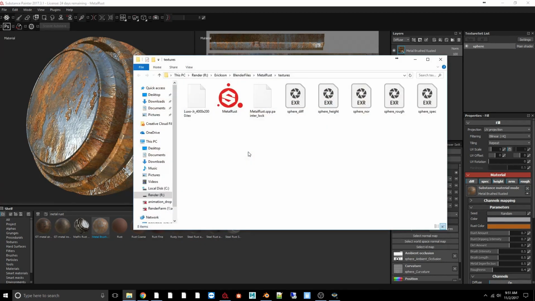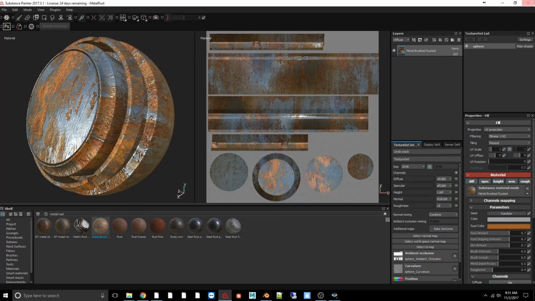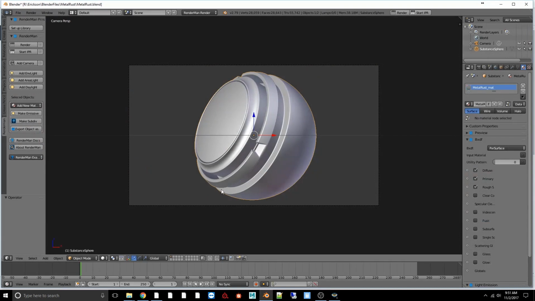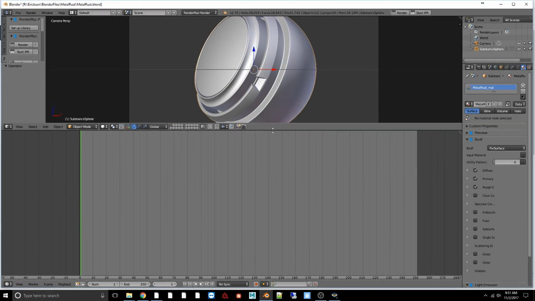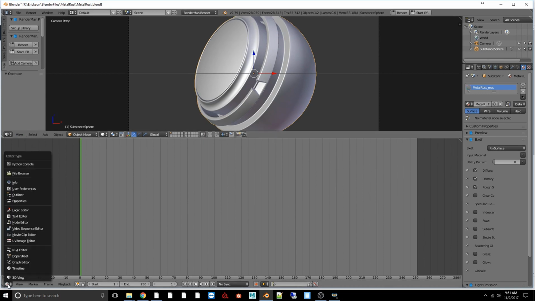Now if I open that folder up, you can see that I indeed have everything loaded in here, and I'm good to go. So I'm going to go ahead and hit File and Save one more time, and I can dump out of that file. Okay, now I need to add my textures to my material, and so let's go ahead and open up a node editor,